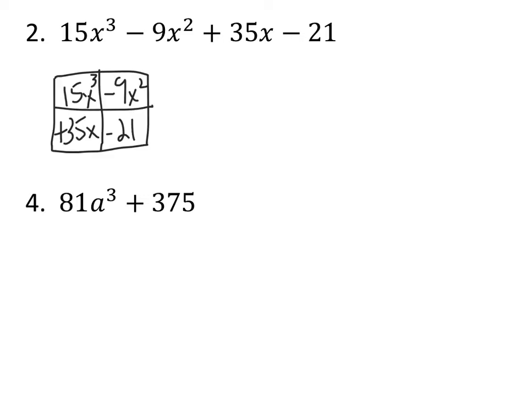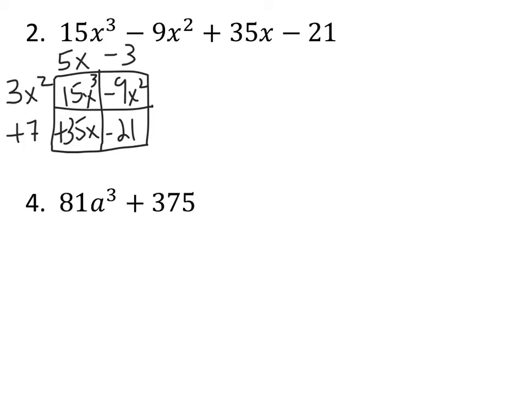All right, so as you can see, I have put each one of my terms into one of the boxes. First term goes in the first box, last term goes in the last box. These two in the middle, it doesn't really matter which box you put them in. I just put them in order, so from left to right. Now all I'm going to do is factor out from each column and from each row what these have